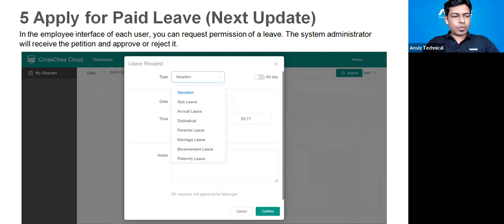Then in an upcoming version, this is not an available feature as of now, but yes, we are working on it. In version 2 of CrossChex Cloud, you will get user logins where users can log into their own portal. They can log into their own account using their own user ID and password, and then they can apply